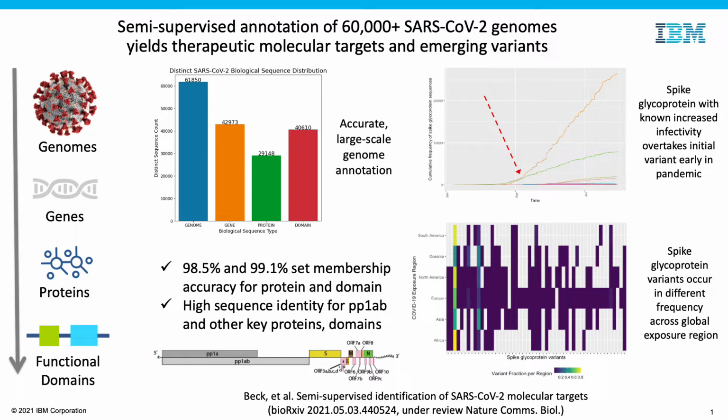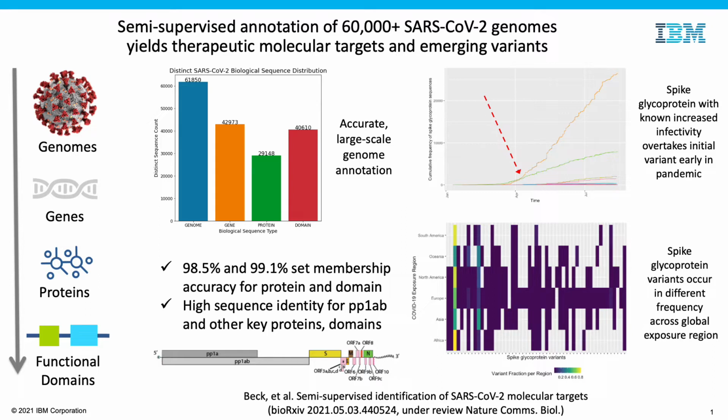In addition to that, we're able to have high sequence identity for PP1AB and other key proteins like spike glycoprotein and domain sequences, including the receptor binding domain. So not only are we able to identify all of the correct targets, but those sequences are based in biological reality. Beyond this, we characterize the variants that emerged of the spike glycoprotein, and in this case, we were working